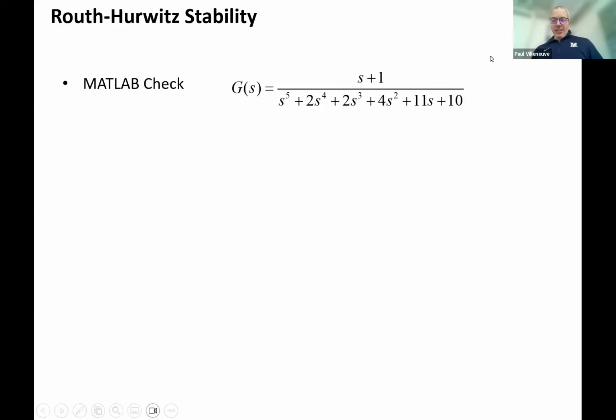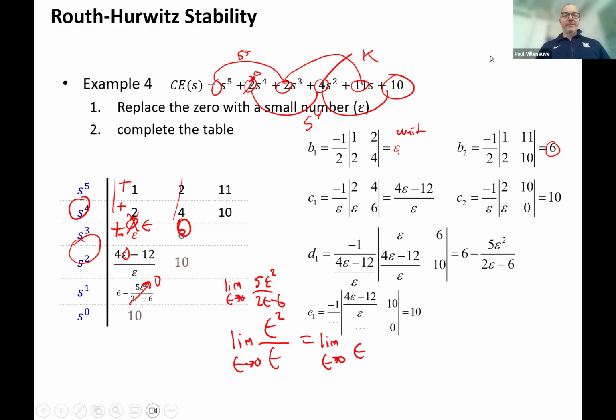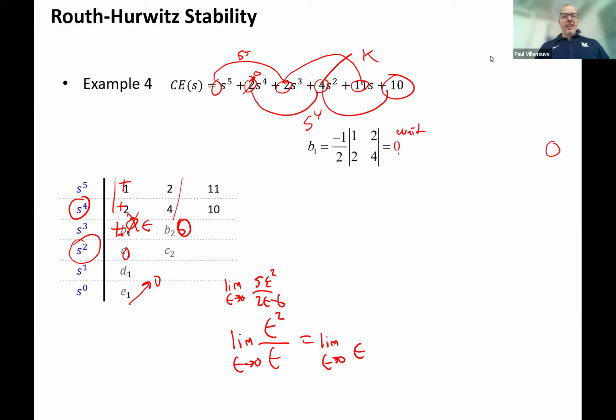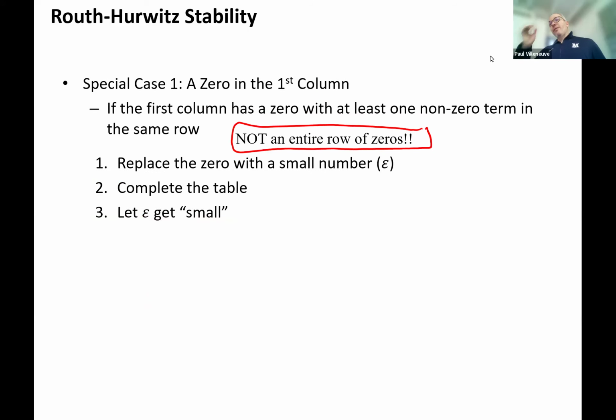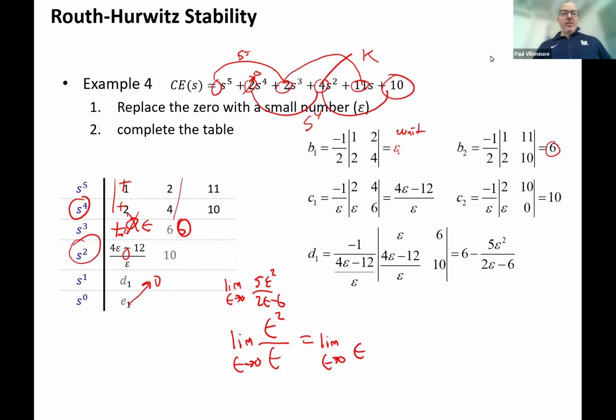Morning. So I just summarized case one. Case one is when you have a zero in the first column and a zero only in the first column. That's the key thing. A common mistake students make is they replace the E when they see a zero there and continue their work. Go about calculating any other coefficients in that same row and then check to see if the zero is in the first one. If it is, use case one. If not, we have to use case two,